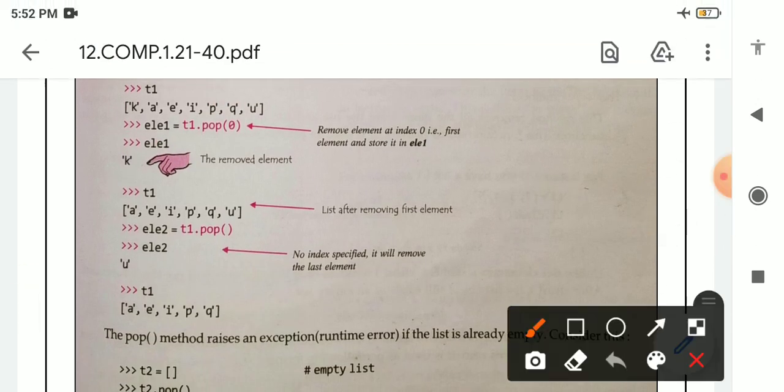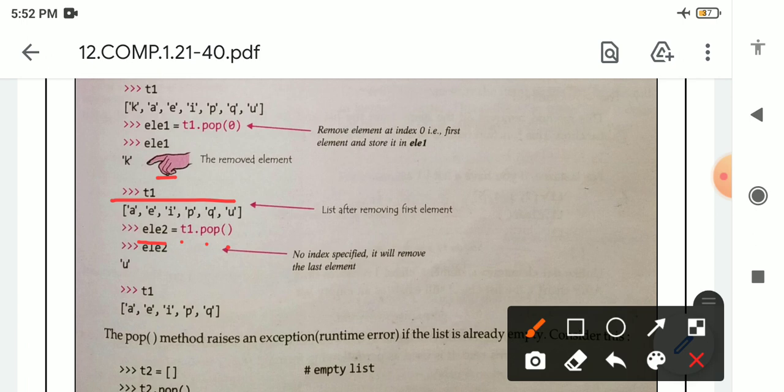See this example, one more example is given, T1. T1 is the list name, and it contains all these elements. We have written ELE2 as the variable, because the pop method returns a value. So we create a variable, then the assignment operator, then T1.pop. See here, the parentheses are empty, which means we have not provided any index number.